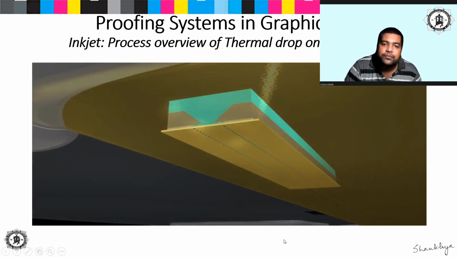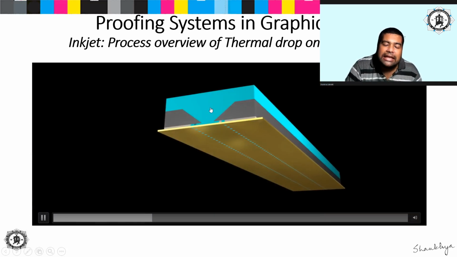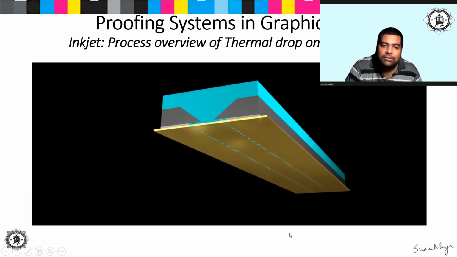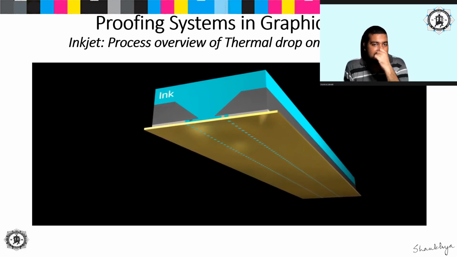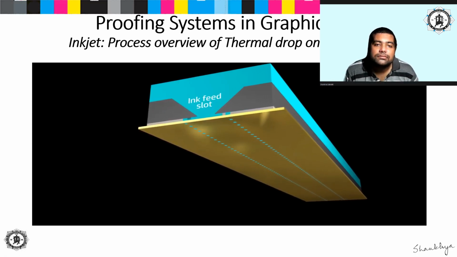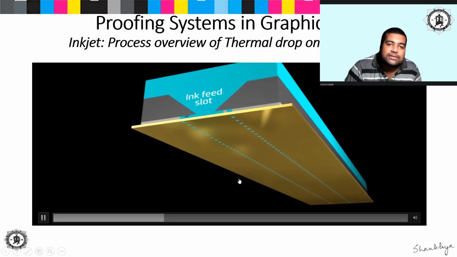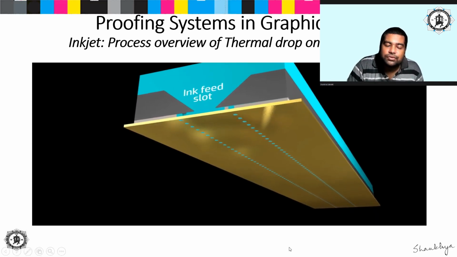Let's cut away most of the die to look in the cross-section. So this is the area around the ink feed slot, where the ink is supposed to come out. But let us see how it is done. The cyan region is filled with HP water-based ink. The wedge-shaped area is an ink feed slot cut through the silicon. It supplies ink to the small orifices through which the ink is supposed to come out, and the droplets are generated.